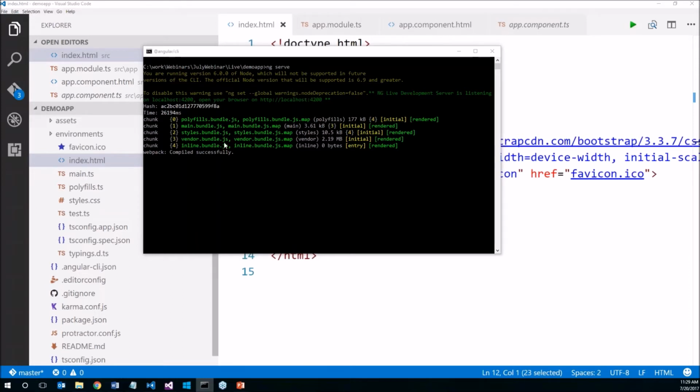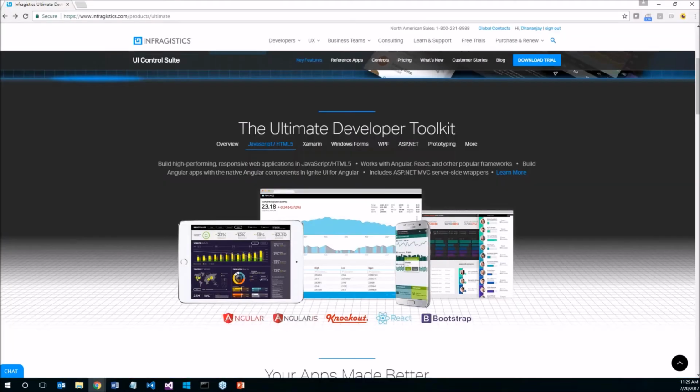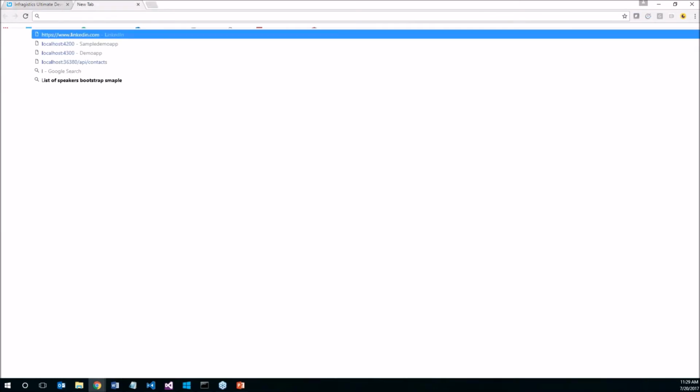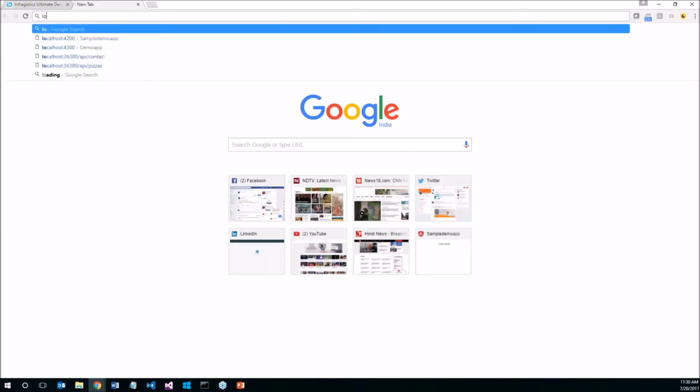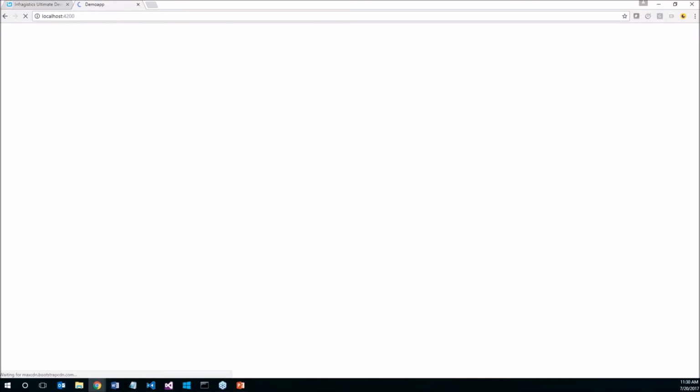So as you see now, this says that Webpack compiled successfully and your application is running on port 4200. Let's go ahead and open port 4200, and here you see that we have this hello world displayed. Now when you go back to your code again,